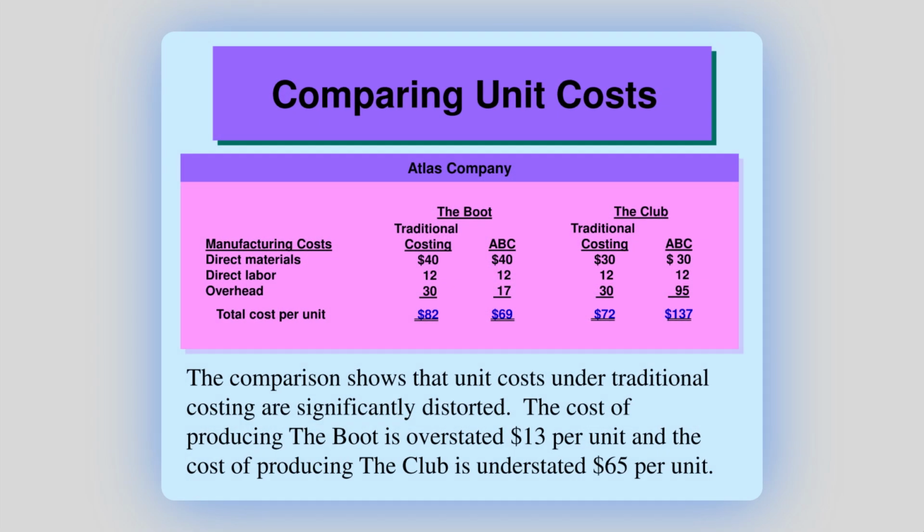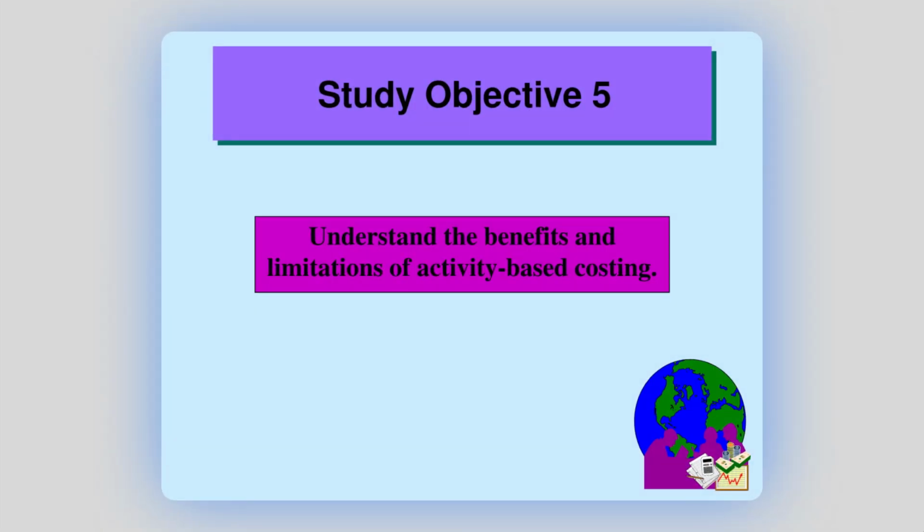Okay, class. Ito class ha. Tira nyo. The boot has high volume. Ano mas okay? Traditional or activity? Of course, traditional costing because you have a 69. The club, ano mas okay? 72 or 137? Of course, traditional costing of 72. So, ano ibig sabihin, class? Meaning to say, if you have high volume, mas okay ang activity-based costing. If it is low volume, mas okay naman ang ating traditional costing. So, it would depend on the company if you have a high or the low volume. Okay? Yan. Hopefully, clear tayo, class, ha?